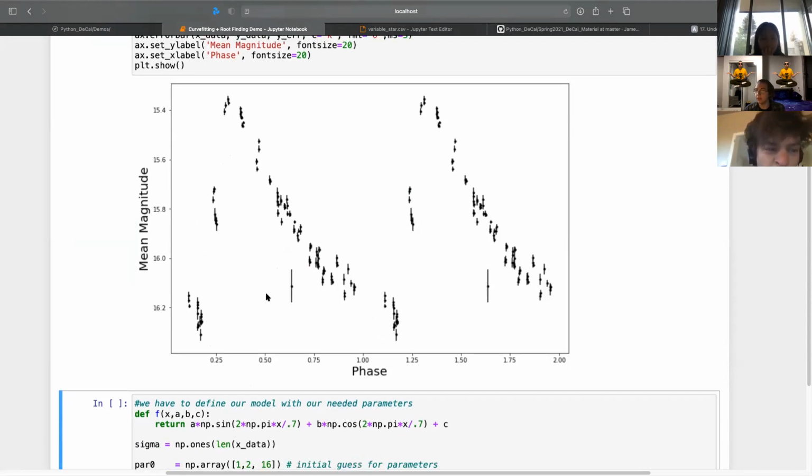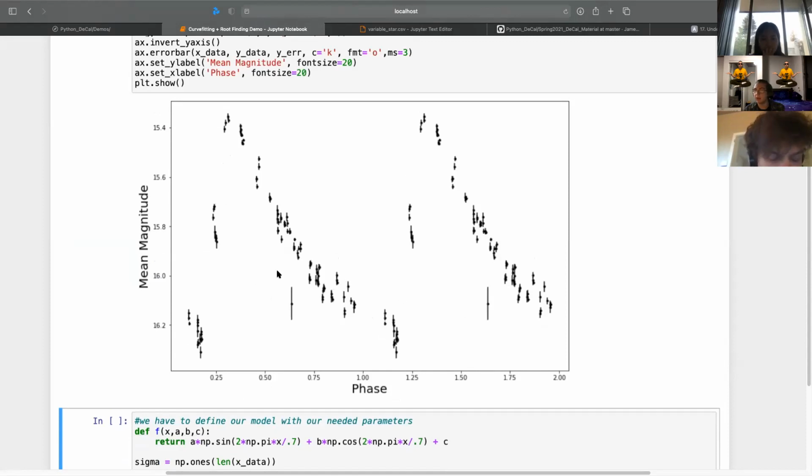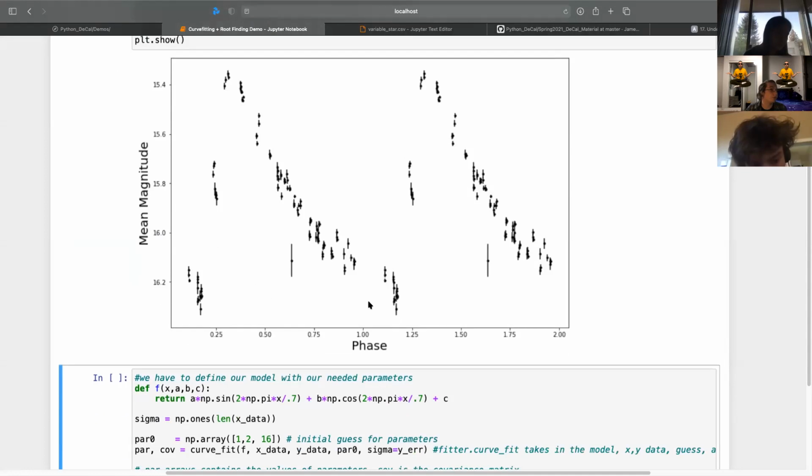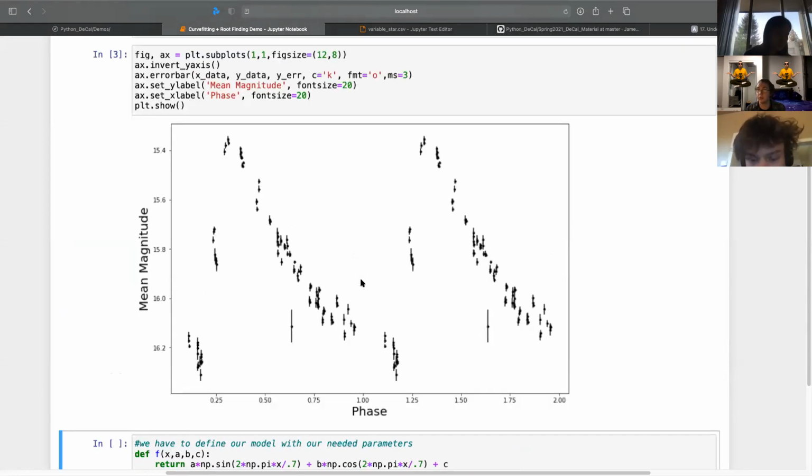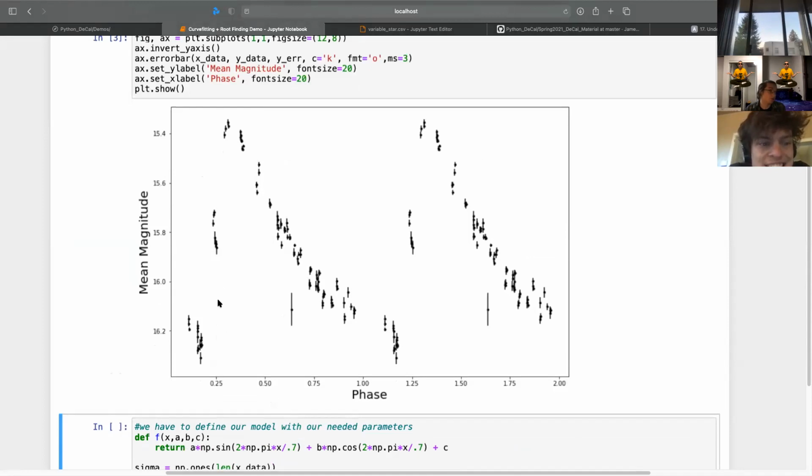There's a lot of information to be learned here. If you could figure out exactly how this light curve is shaped, you can learn a lot about the star. You can figure out how hot it is, how much metal is inside of it, the surface gravity on it, and so on. So there's a lot of interesting information to pull from just this one data set, but you need to know how the curve changes with phase. You want to know specifically exactly how it works, and you need a model to fit to it.